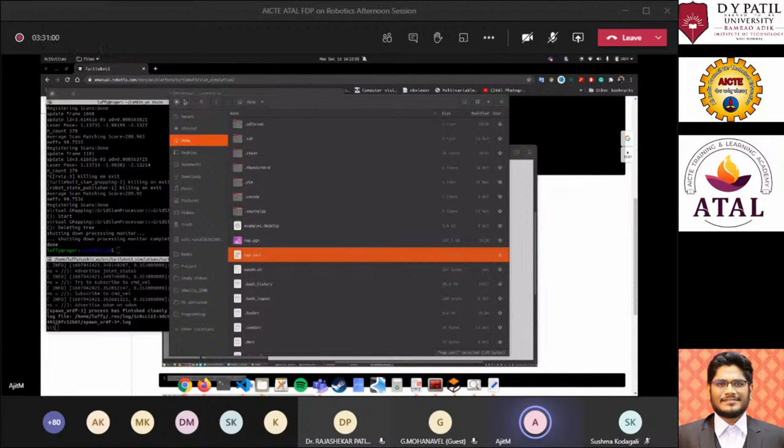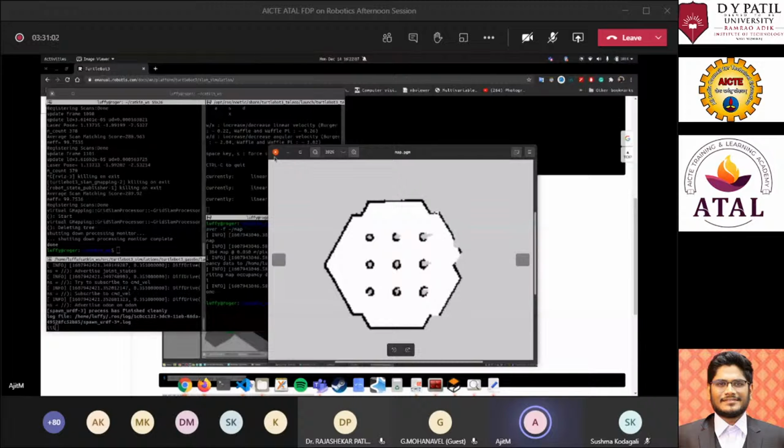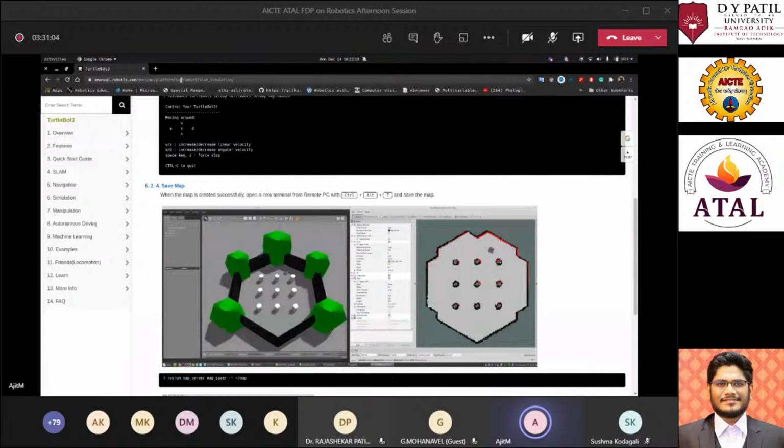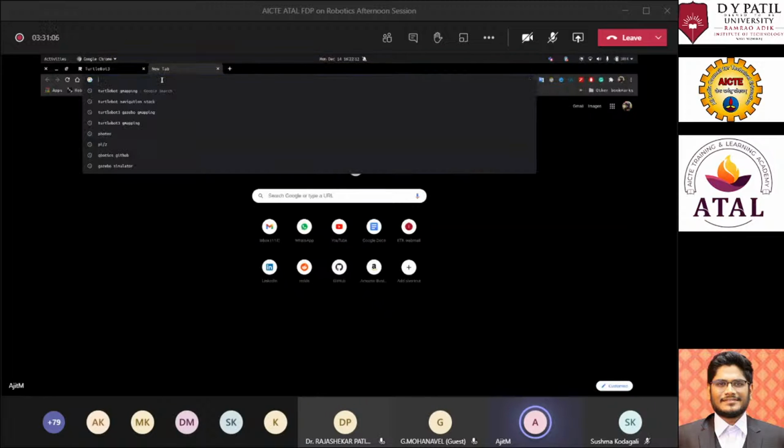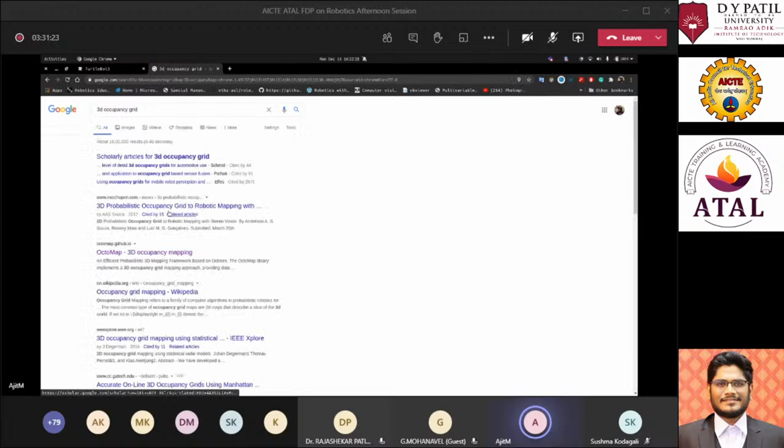Now, this is 2D mapping. There is also 3D mapping, which is done by many different libraries. There are many different ways of doing 3D mapping. The most famous of them is 3D occupancy grid maps, which is also made by a German university.